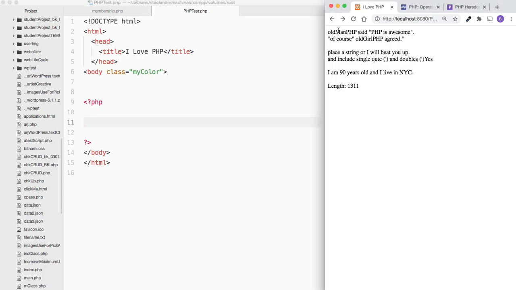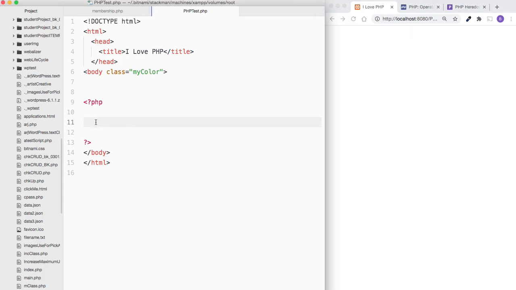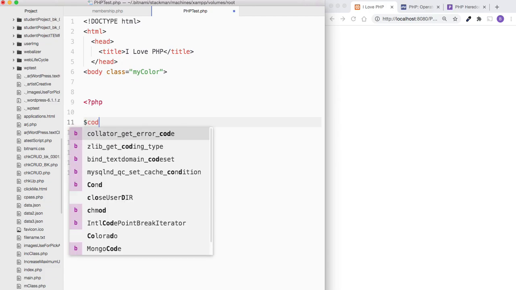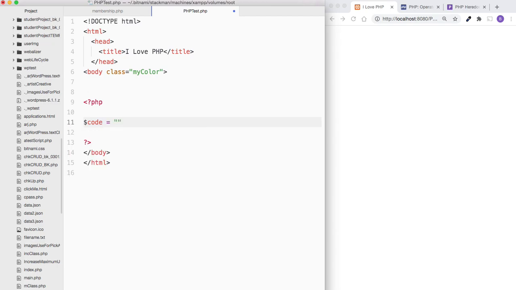If you want to make that uppercase, you could say $code equals, I want more sleep, right? And you want to print it in uppercase, just do this, echo